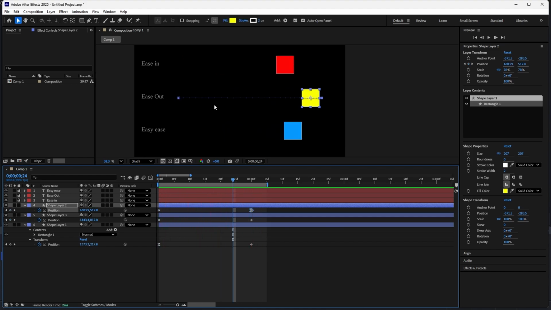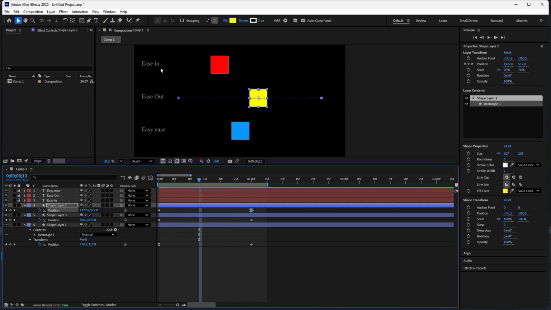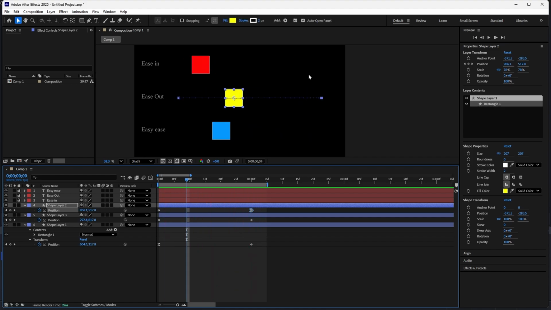See now, here it is ease out, starting with speed and slowing at the end, right? Here it starts slow at ease in and ends with speed. Okay,